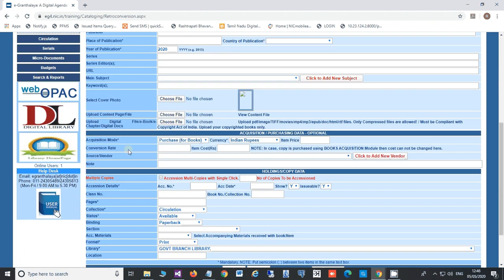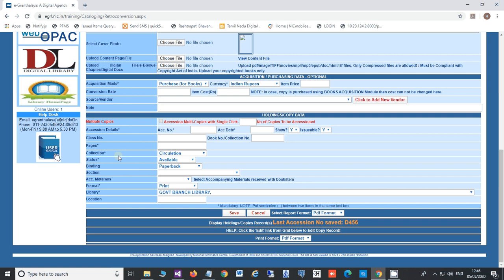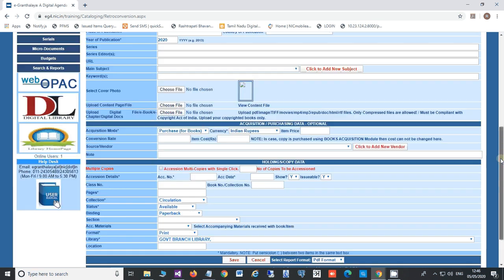In the next part, the middle part, which is optional, you need to enter the purchasing details of the particular book you are going to enter in eGranthalaya. And in the third part you need to add copies of this book. There may be one copy, there may be more than one copy, so one by one you need to add copies of the book.